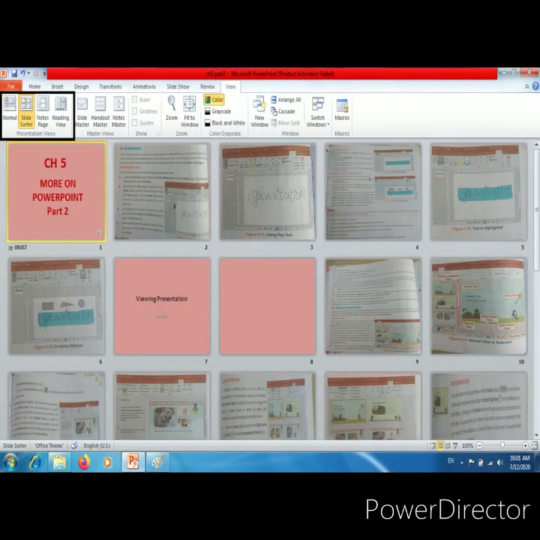Okay, and how will it be displayed? You have to select the View tab. After that, in the Presentation Views group, there is Slide Sorter. You can see it in this picture. Click on that, and it will show like that. You can see there are so many slides, 1, 2, 3. These are shown in the form of thumbnails.